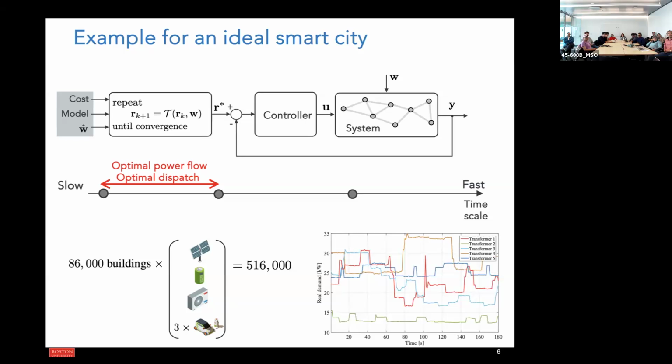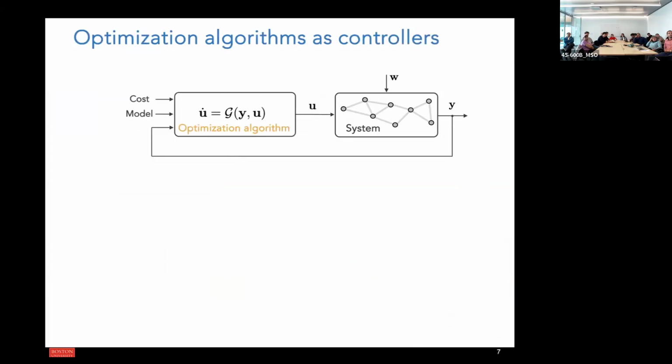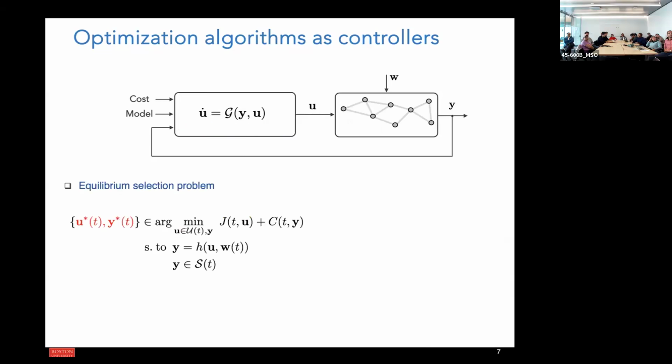Especially given that at the distribution level, the powers from non-controllable assets may vary very quickly, on the order of seconds. So that means that we need to solve this problem here for 500,000 devices at the sub-second level. So this is where the idea comes into the picture, which is to convert optimization algorithms into feedback controllers. And precisely what we do, we formulate.